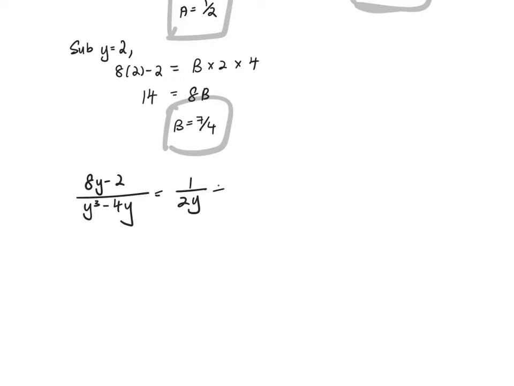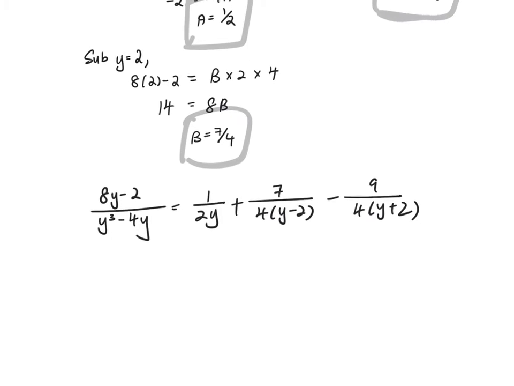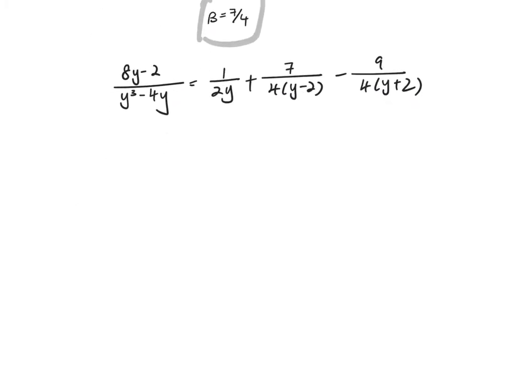This is equals to 1 over 2y plus 7 over y minus 2 minus 9 plus 2. Okay, so that is for 3a. Now for 3b,